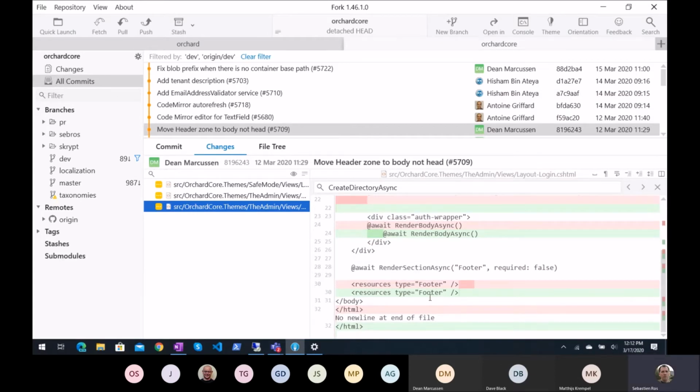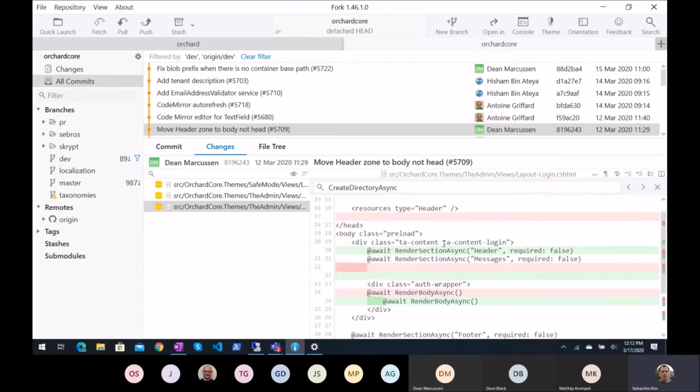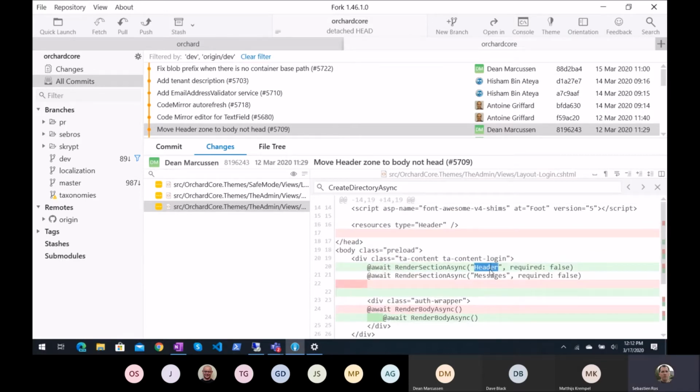But okay. It's called footer in the body, so it's fine to be called header in the body, and then to have a custom one for the meta if we need to change it.